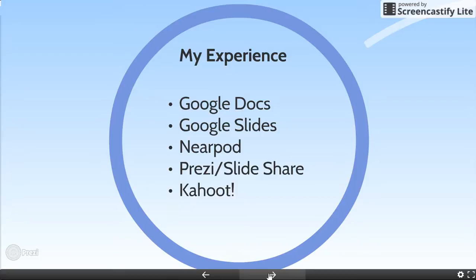Prezi and SlideShare, again, I've used Prezi in the past, and I've had students create Prezis for different book reports or other assignments. And finally, my last point there is Kahoot. Kahoot is an awesome interactive game which really can cover any content anywhere from K all the way up to the high school level, where students just need a device, whether it's a computer, an iPad,